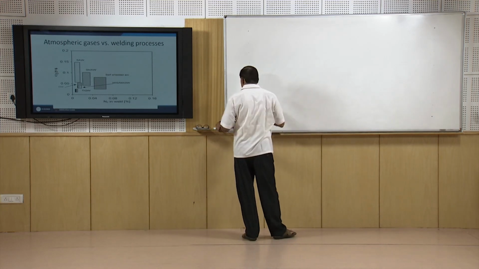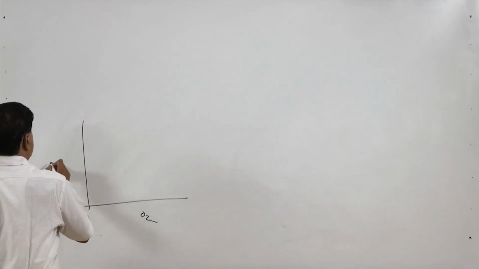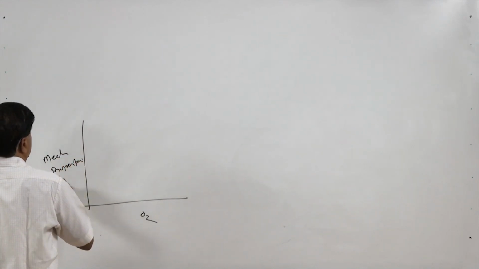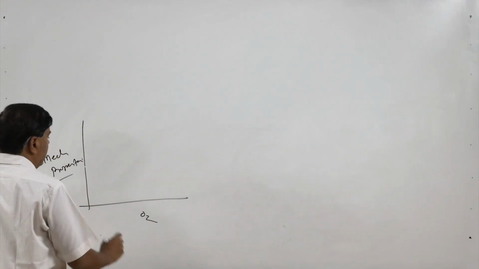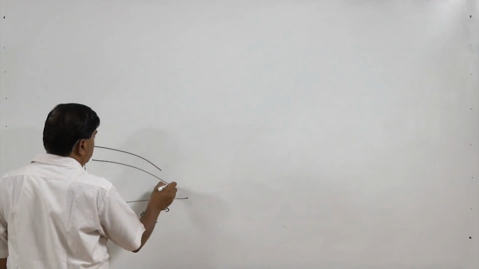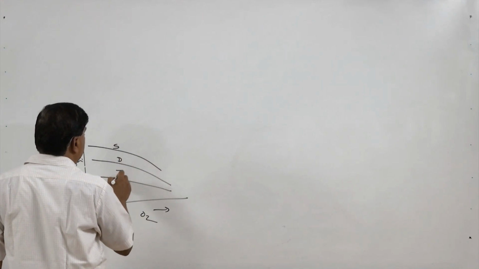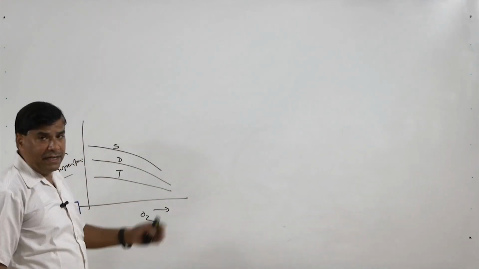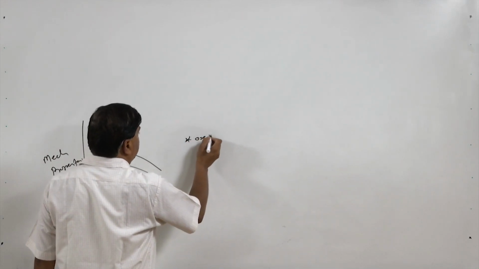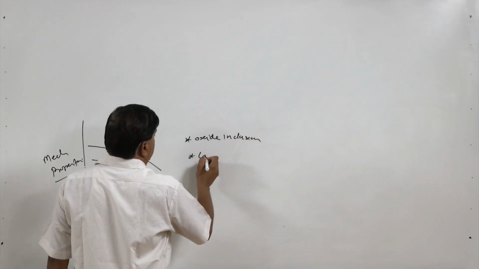On the other hand, if we see the effect of oxygen on the mechanical properties on the y axis, then increasing oxygen content in general decreases the strength, ductility and the toughness. So, strength, ductility and toughness all decrease with the addition of the oxygen content, and this is attributed to the formation of the oxide inclusions, and